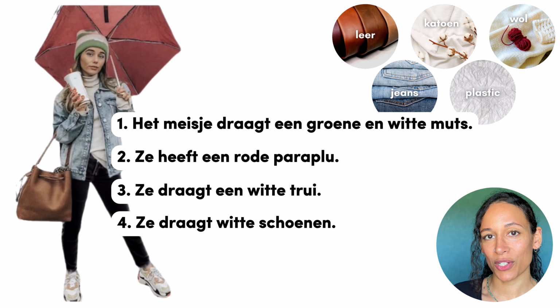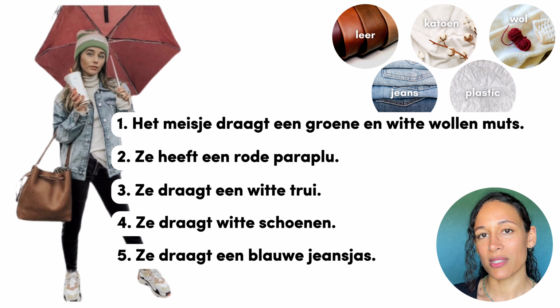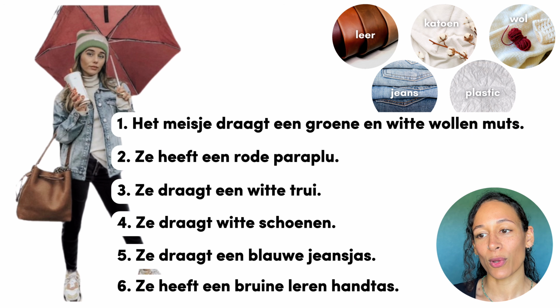Returning back to our picture, we have het meisje draagt een groene en witte wollen muts. Ze draagt een blauwe jeansjas. Ze heeft een bruine leren handtas. Enzovoort. Great, now we have full detailed sentences with clothing, colors and materials. This is already enough for the exam, but it does sound a little repetitive because each sentence starts with het